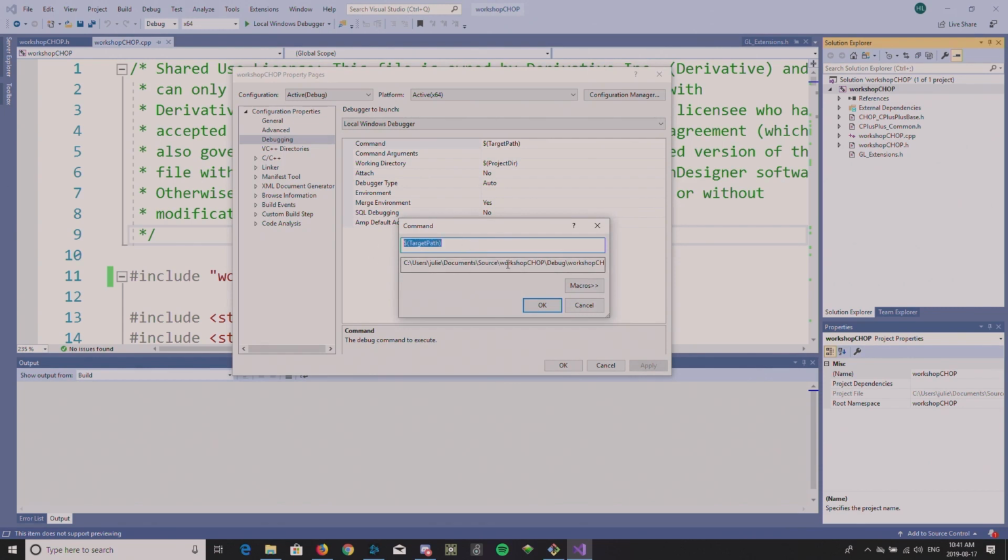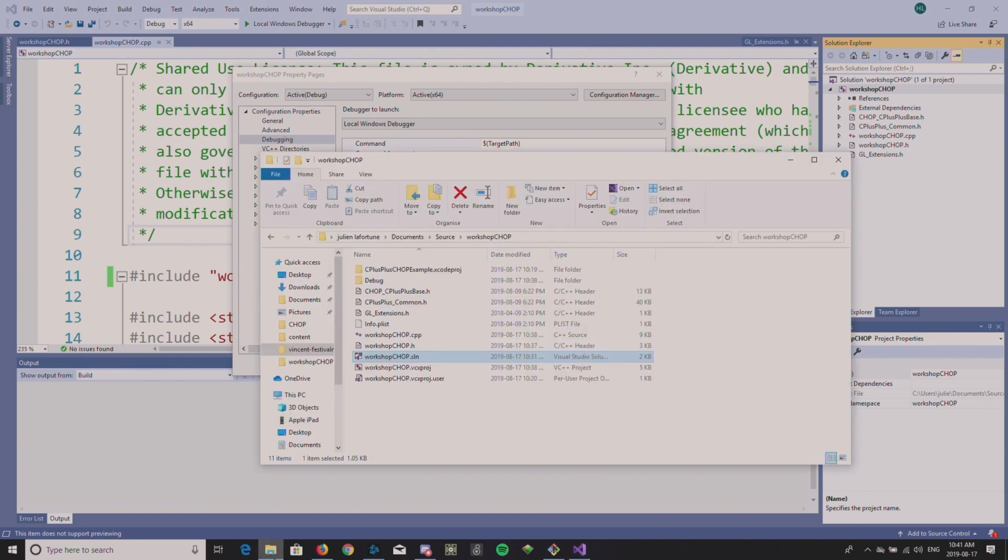And right here, you can remove what's already written. It doesn't matter. But now you need to navigate on your system and find the location of the TouchDesigner exe file. So by default,